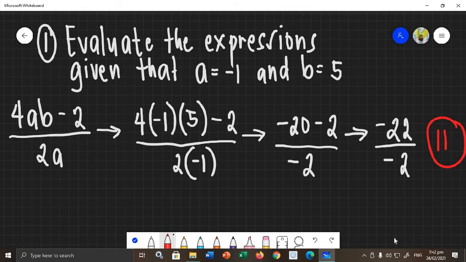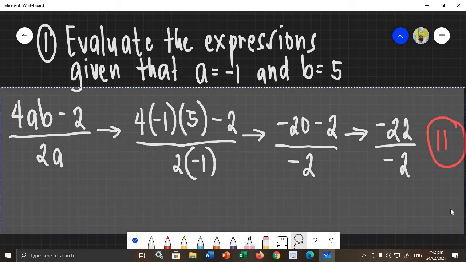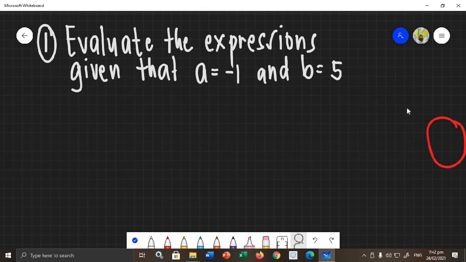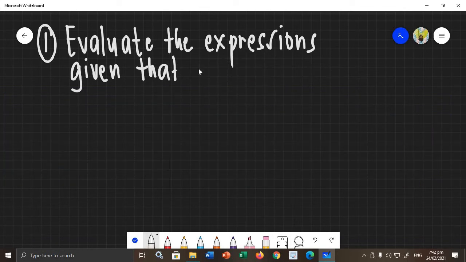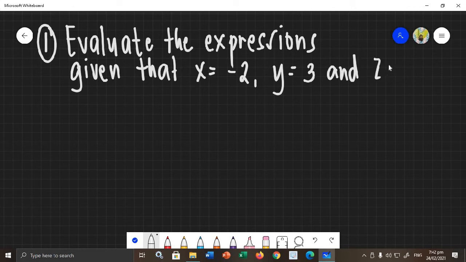So basically, you need to make sure na natatandaan nyo pa yung lesson natin regarding operations on integers. Okay, para makasunod kayo dito. And then lastly, how about if we have 3 variables? So let's say we have x is equal to negative 2, we have y is equal to 3, and then we also have z is equal to 7. And the given expression that you need to evaluate is